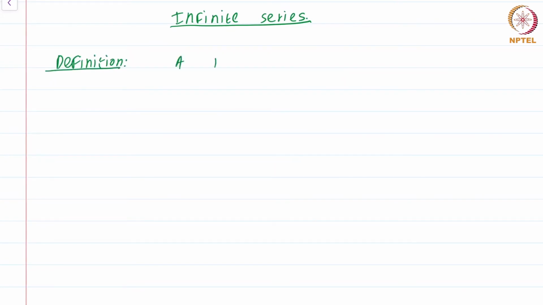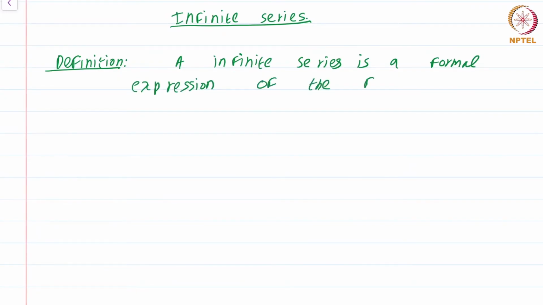An infinite series is a formal expression of the form summation n equal 1 to infinity bn, which we also write as b1 plus b2 plus b3 and so on. Okay, so given an infinite series,